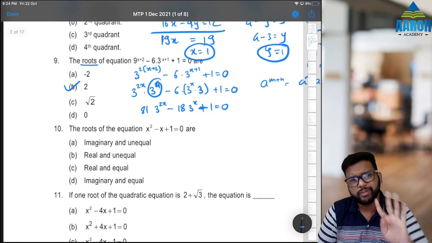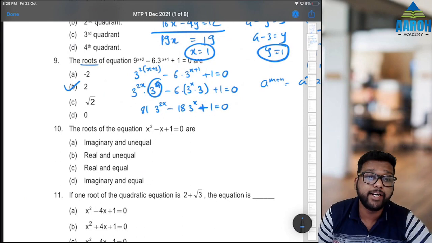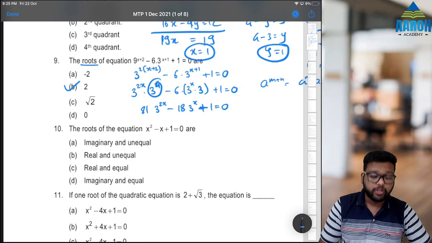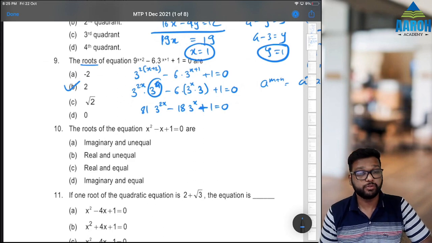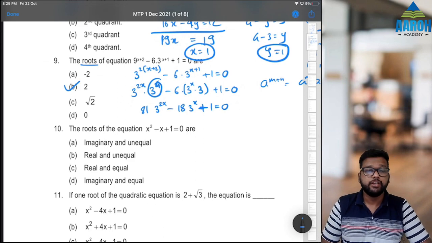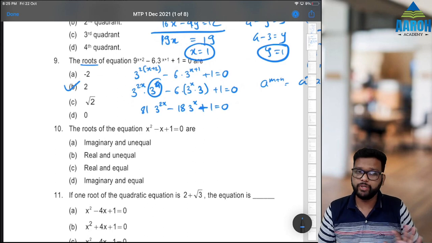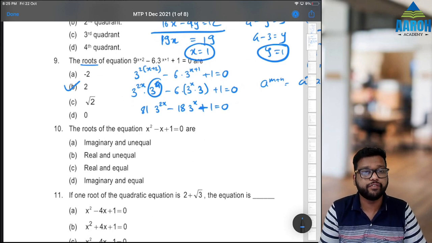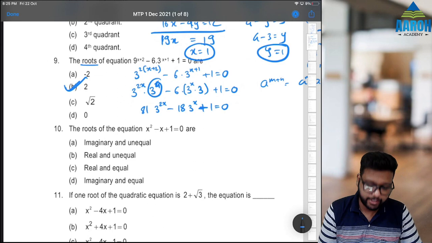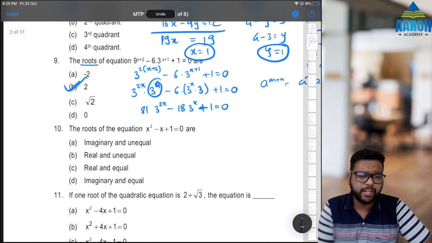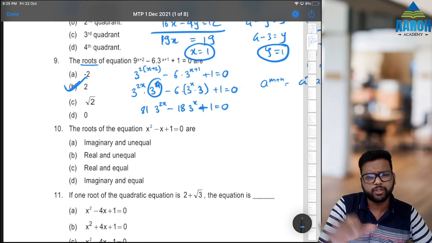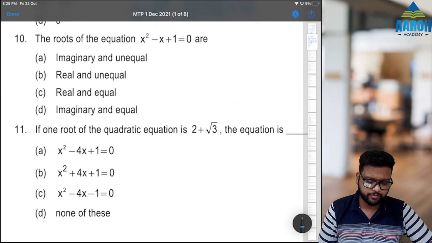Don't do this in exam. In exam, go by options. Why I did it here, understand. Because in MTP there are mistakes. So that is why I solved it properly. In exam there are not going to be any mistakes. Because what if in MTP, what if we take this and this is also an answer, right? So that is why I solved it. But in exam, don't do that. Go by options directly.